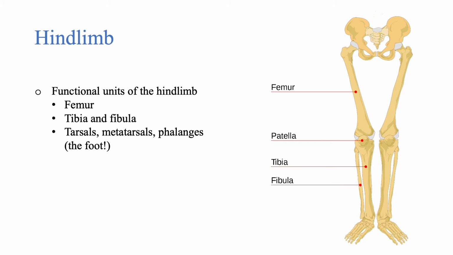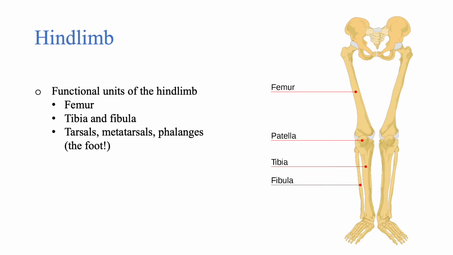As we move down the leg and reach the bottom end of the femur, we run into the tibia and fibula. This is another two-bone pair, just like we see in the forelimb, but these bones don't cross over one another the way the radius and ulna do. If our tibia and fibula could freely rotate the way the bones of the upper limb do, we likely wouldn't be very effective walkers. So the tibia and fibula stay securely in place so that we have more stability in